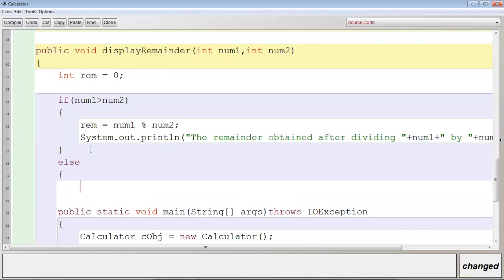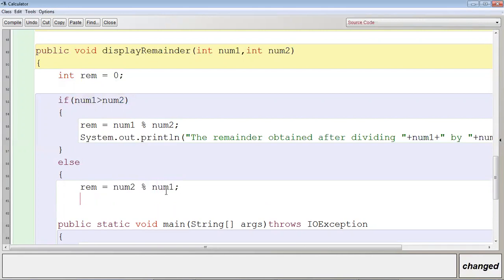Else remainder is equal to, अगर ये पहला वाला स्टेटमेंट फॉल्स है, मतलब num1 का वैल्यू num2 के वैल्यू से बड़ा है, फॉल्स, इसका मतलब num2 बड़ा है, तो num2 मॉड्यूलस num1.